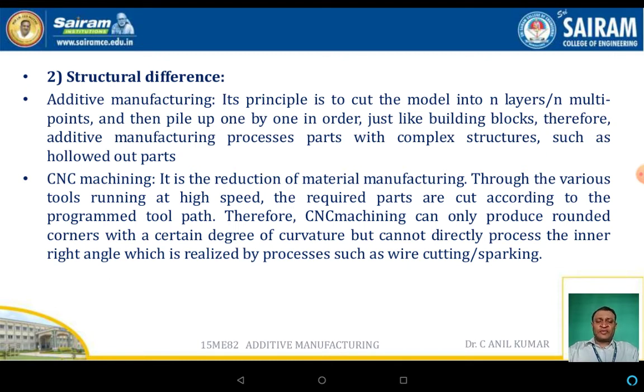various toolings and machine tools which are running at high speeds. The required parts are cut according to the program in the CNC, and are cut by the toolings. Therefore, CNC machining can only produce rounded corners with a certain degree of curvature, but cannot directly process inner right angles, which is realized by processes such as wire cutting or by means of spark